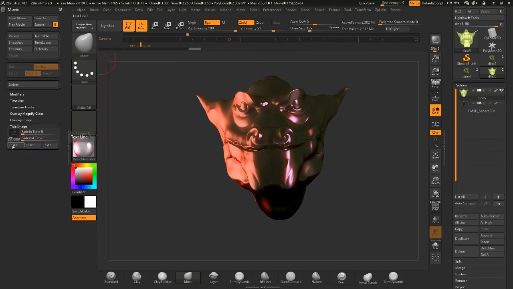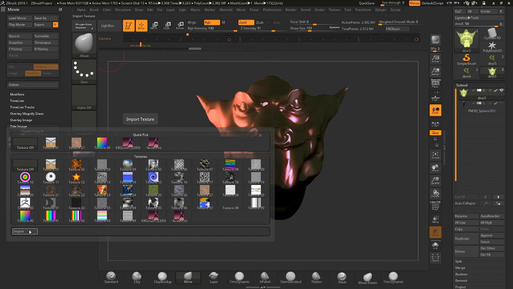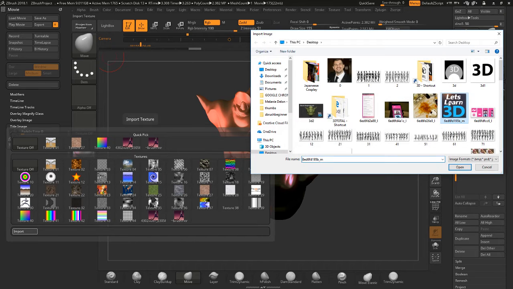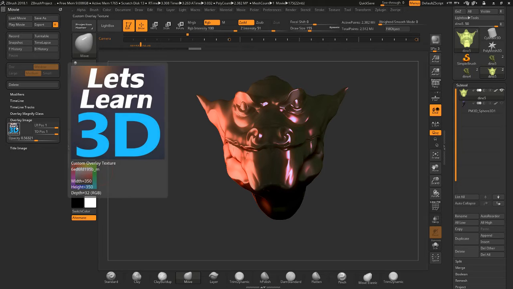Overlay images, we went over. Title images, we went over. Title images, what shows when the video first starts. And you could change that too. So I will change that to my image. And then overlay,